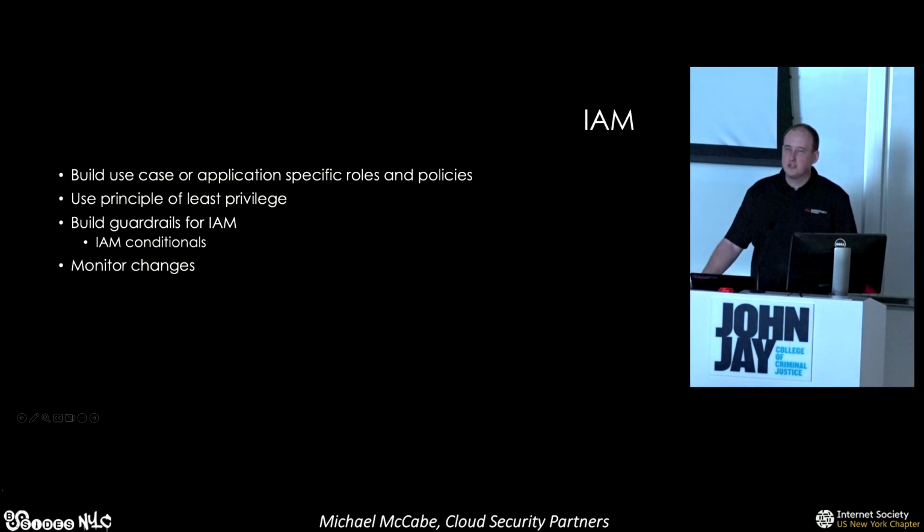And you also have to make sure you're monitoring these changes. It's one thing to create a perfectly structured IAM policy and role, but if these things are changing all the time and you're not paying attention to that, then there's no point. So you have to make sure you're monitoring, especially your roles around things like CI/CD or Terraform, making sure that those aren't changing. And IAM gives you a lot of great ways to restrict how roles are used. There's conditionals on IAM where you can restrict it to an EC2, you can restrict it to an AWS org, to a VPC. So there are ways you can lock this down to really limit the damage even if someone does get a Terraform role and starts using it elsewhere.